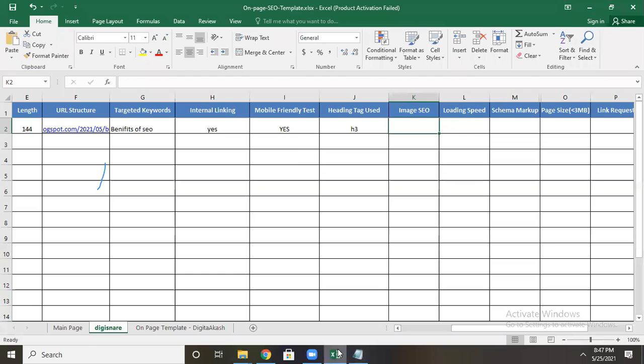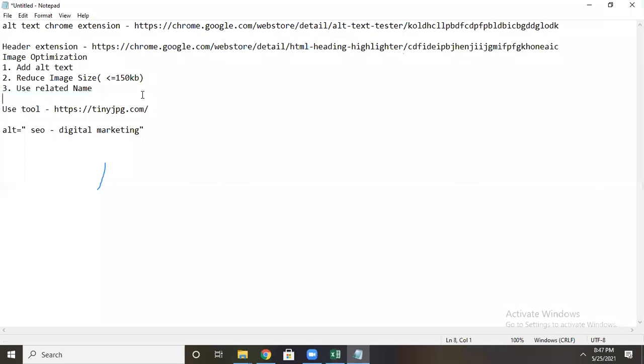I told how to do those particular things also. Now next comes the loading speed of the website. Before going to loading speed, I will tell you one more thing: always use WebP format images in the website. Which format? .webp.